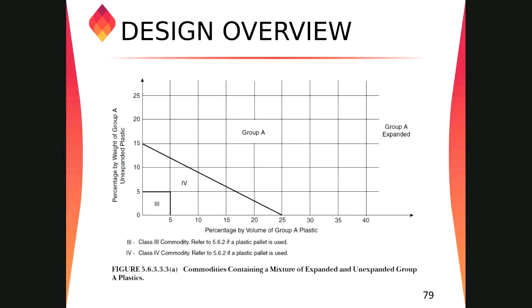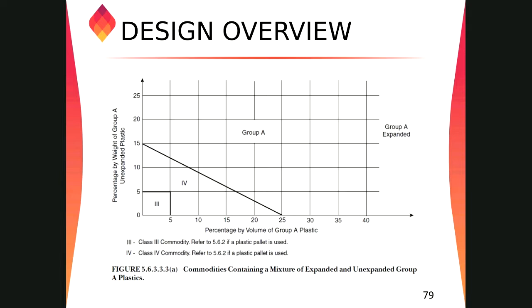The expanded product is very light. You can take a big block of the foam items without any problem, right? The expanded one could be, for example, 1 meter cube when it is, for example, half kilogram in the weight. Yeah, exactly. But if the unexpanded 1 meter cube, we cannot lift maybe 100 kg or 150 kg. So they want to differentiate this by volumetric percentage and weight percentage.